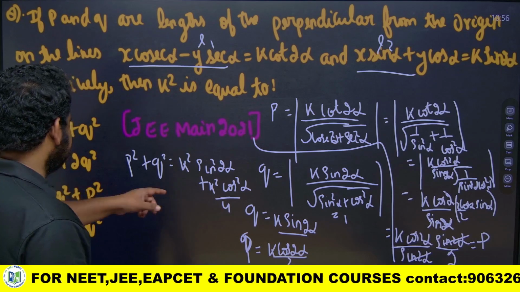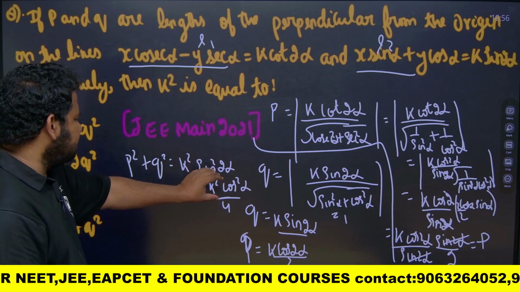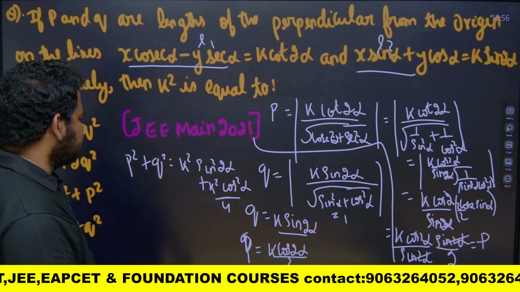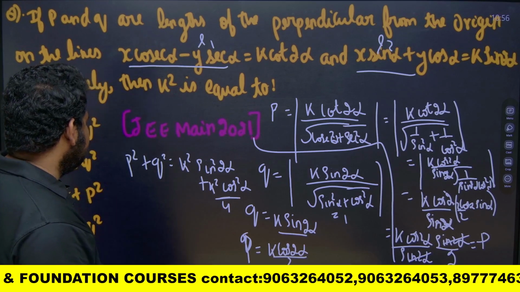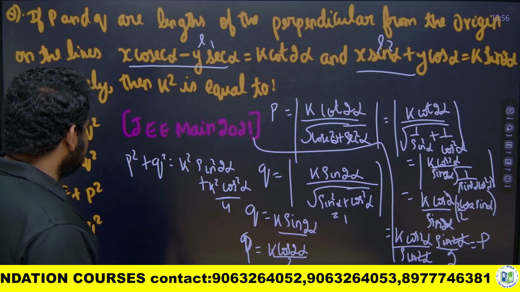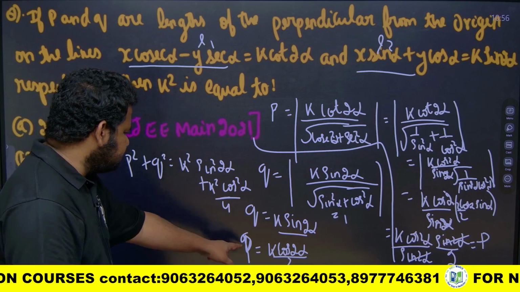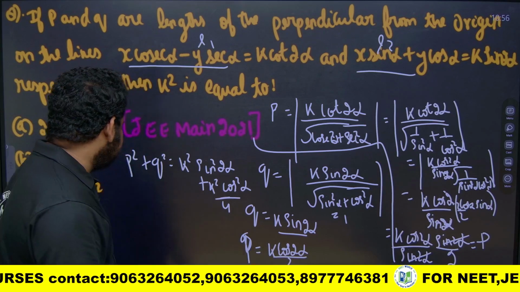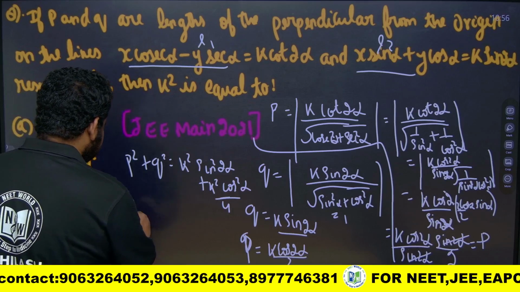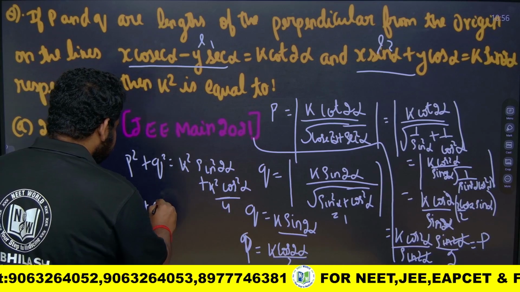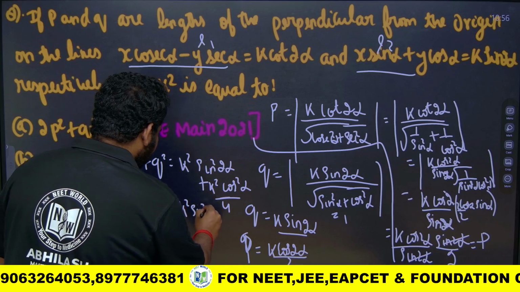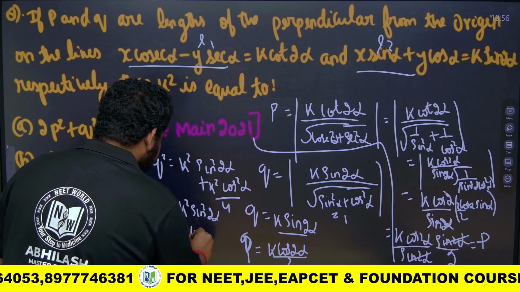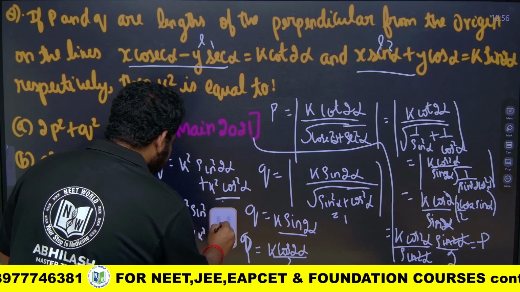I should get K square, right? If I have to get K square, I have to eliminate sin square alpha and cos square alpha. So to eliminate sin square alpha and cos square alpha, here I am having 4. So definitely I should have 4 somewhere here. P is nothing but this one, right? So I will write it as 4P square. 4P square plus Q square will give me what? K square sin square 2 alpha plus 4 K square cos square 2 alpha